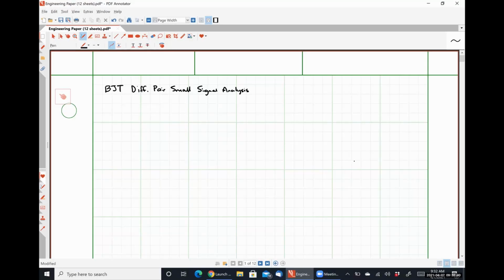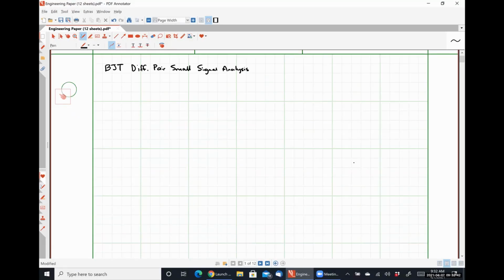All right, so let's say to begin with that I have a basic BJT differential pair, right? So this is VCC, here's some resistance RC, here's where I'm taking my output V out 1, I have an NPN BJT, here's where I'm applying some input signal V in 1,